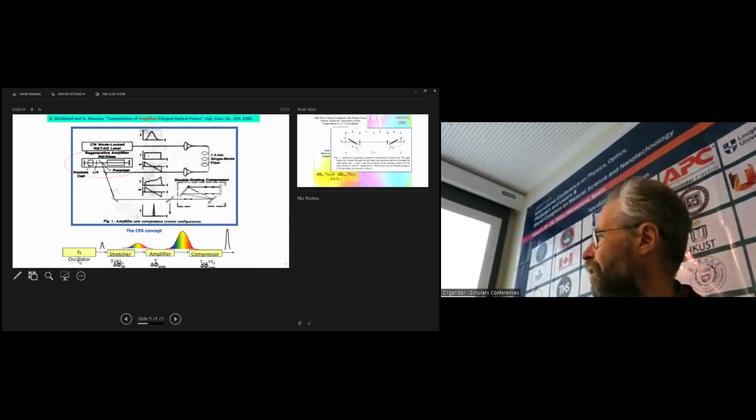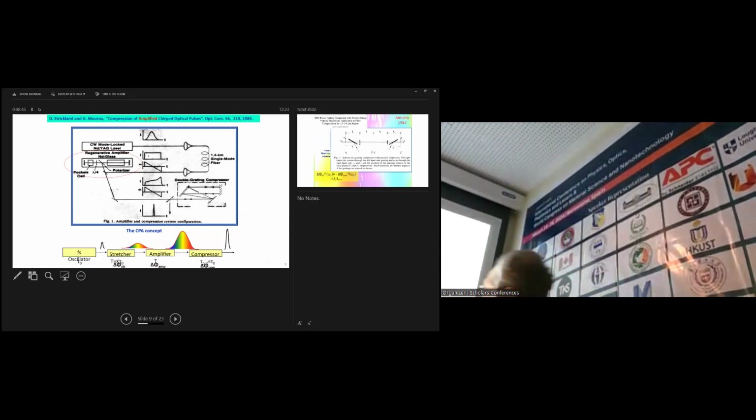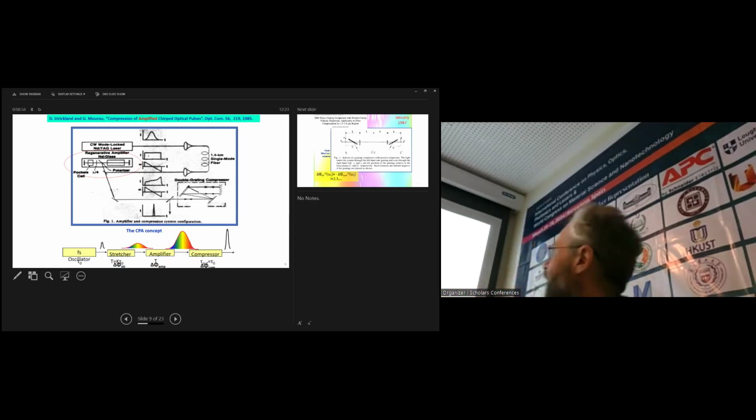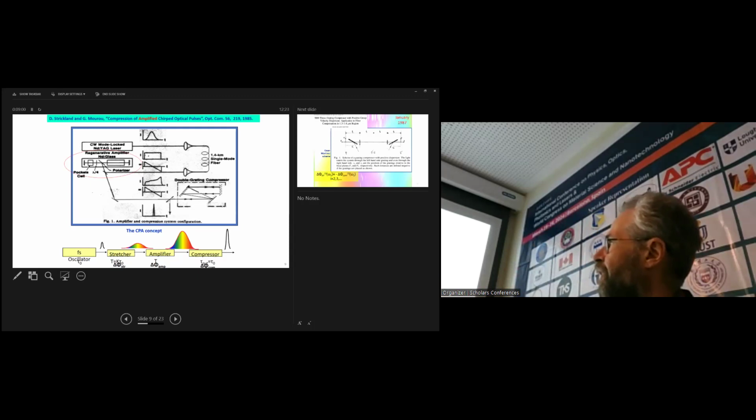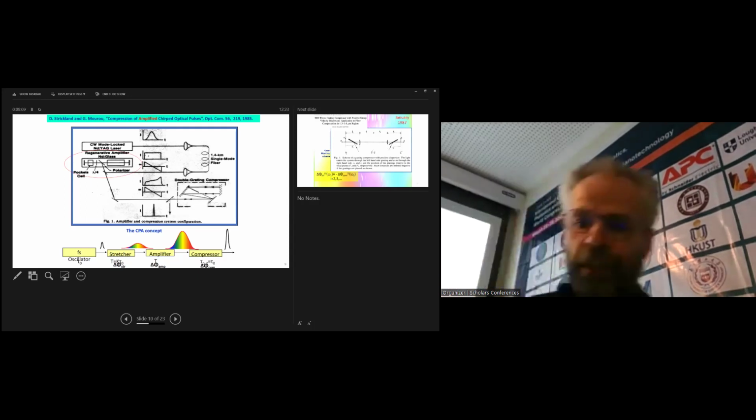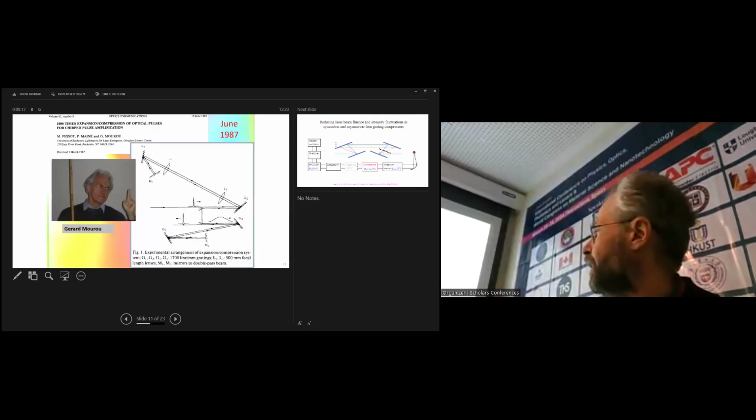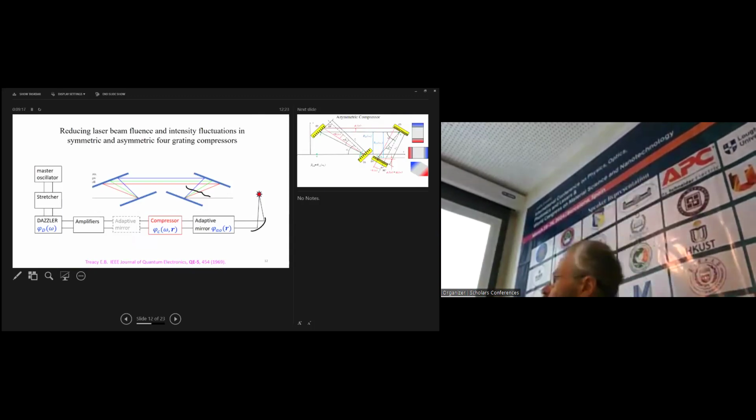Okay, this is the picture from the Nobel Prize paper, and you can see this grating compressor, 2 gratings and mirrors which use the same grating a second time, but the main idea of Gérard Mourou and Donna Strickland was not the compressor, but using an amplifier put between the stretcher and the compressor. Okay, I skip maybe details and come to